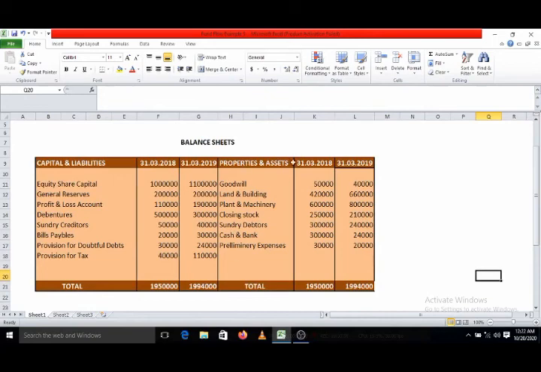Now go to the asset side. Goodwill we have considered, goodwill written off. Land and building, plant and machinery, we have opened a separate account for these two assets, and from that account already we have recorded the amount of purchase of new assets and sale of assets. So that is over. Closing stock, debtors and cash and bank, we have considered in the change in working capital statement. Preliminary expenses, there is a change in the balance, that change we have considered as preliminary expenses written off while preparing funds from operations.